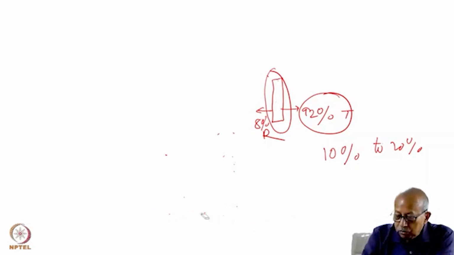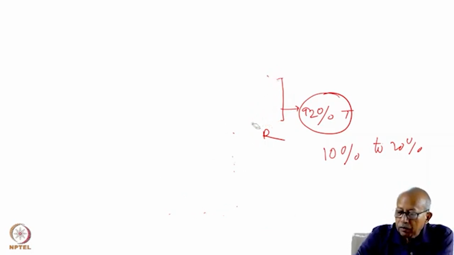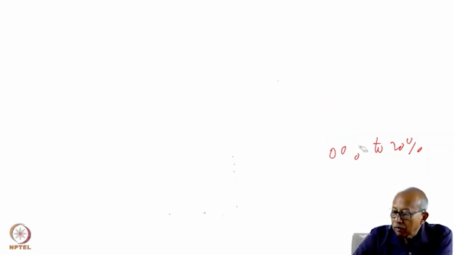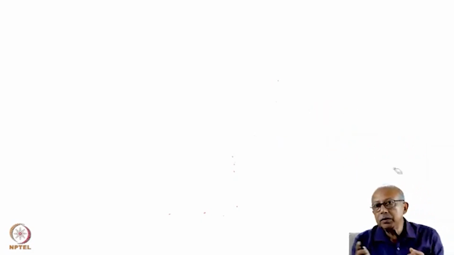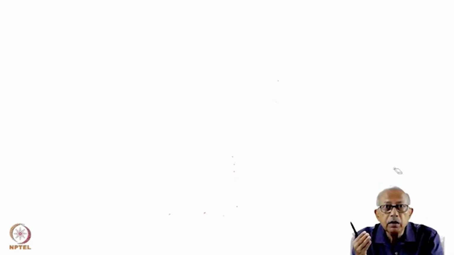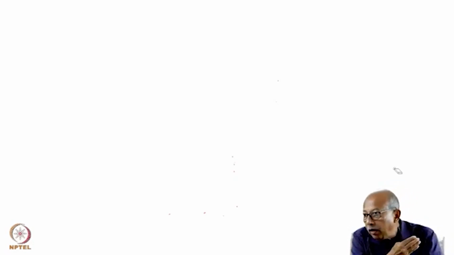We would restrict ourselves to the case of glass, because, as we have seen, it has a transmission window over a very wide spectrum. Therefore, it can be used as an optics material for a number of things. So we begin with a glass plate,